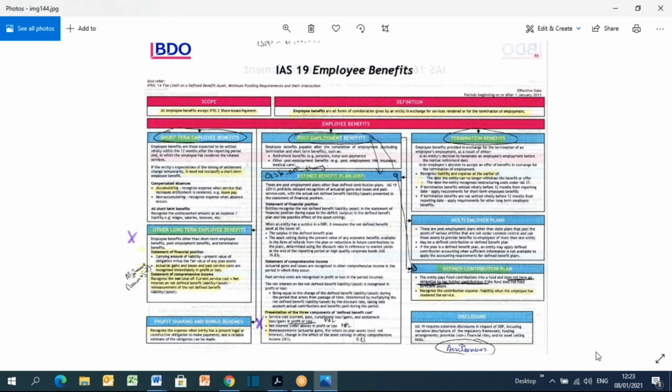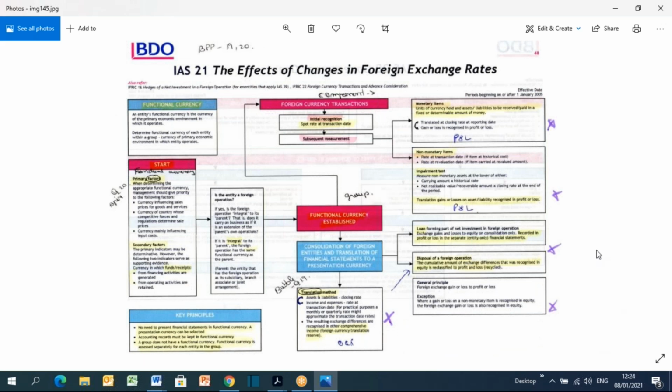IAS 19 is also about disclosures. So remember what is to be disclosed in the financial statements, and also, like I said, have a separate list of which standards require disclosures, and you should have this right. So if we move on,